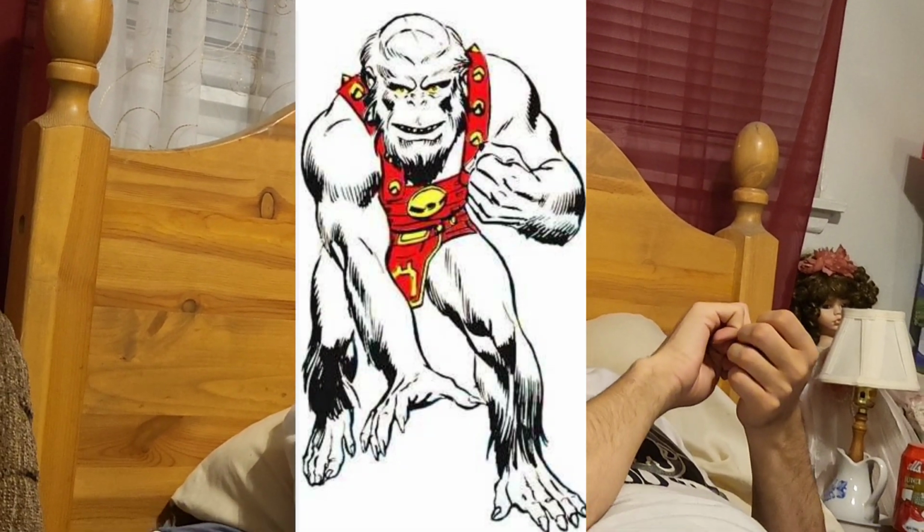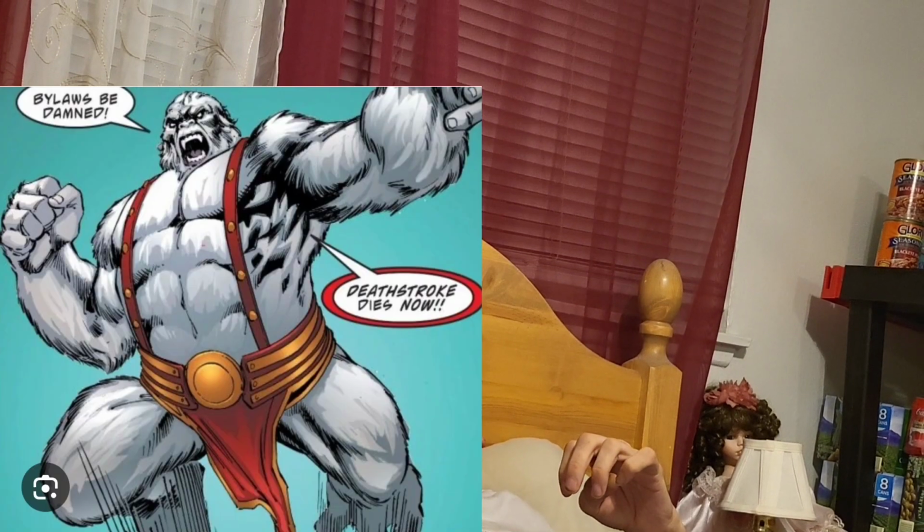Then we can move on to the villains, starting with Superman's first, Ultra Humanite. A character that was a human character, but over the years became the iconic character in the shape of a gorilla.